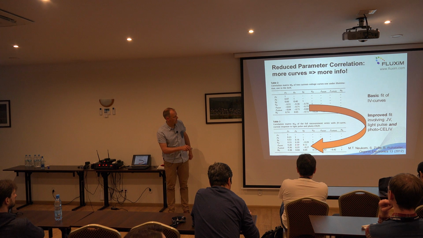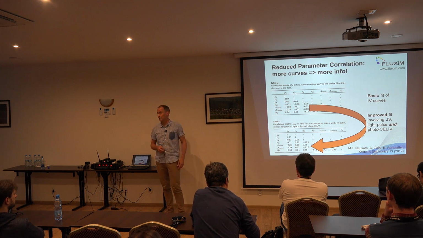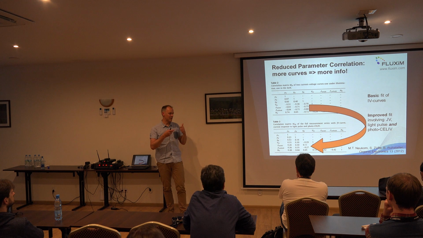So here we now have much reduced. Well, there is still some correlation, but it's significantly reduced compared to this case where you only include current voltage curves into the fit. So that's the first message, is you get better fits if you include more than JV, if you include pulse data or